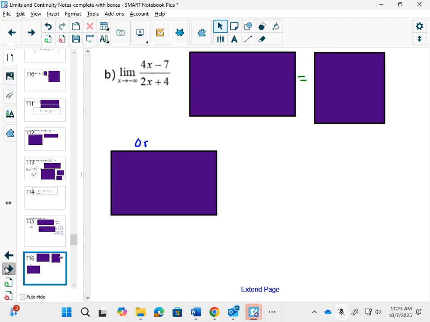I am fine with you just saying the answer to this one. Can you see what the answer will be as x gets really, really big? Again, from our video yesterday, look at the highest powers. 4x over 2x. It's going to get really close to 2. If you wanted to factor out the x, you could. You want to see that? Or are you okay with just saying 2? Okay, we're good. So, if the degrees in a polynomial are the same on the top and the same on the bottom,